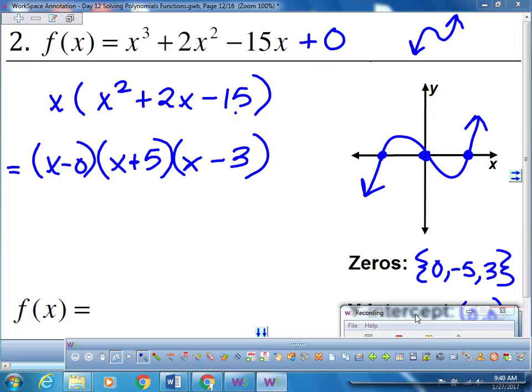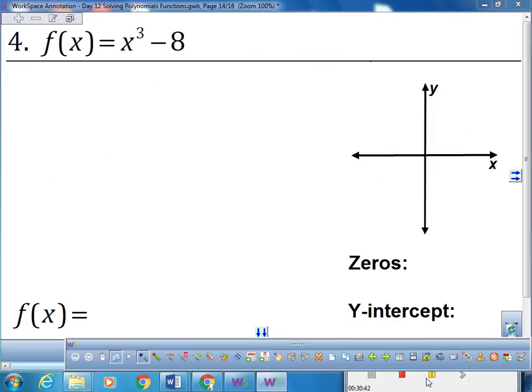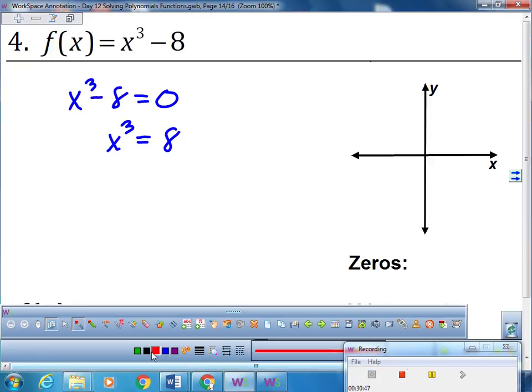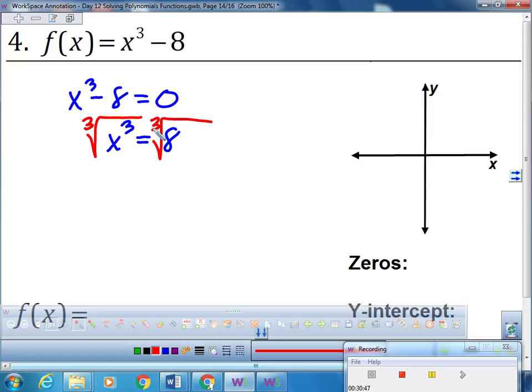Pausing. 3, 2, 1. Okay, so with this one, number 4, I see x cubed minus 8 equals 0. I have something in my bag of tricks I can work with that. Move the 8 to the other side. x cubed equals 8. Not square root each side. Cube root each side. You should see there's 2's in there. Like Gene said, I see 2's. And so when I do that, I get